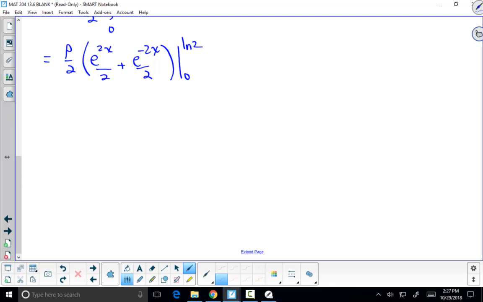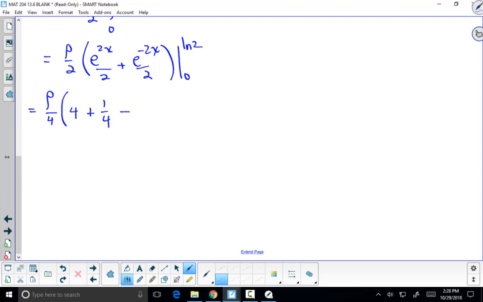Okay, plug in natural log of 2. Let's be careful here. Let's pull out the 2 in the denominator. That'll help reduce error. So the 2's gone in the denominator. So plug in natural log of 2 there. Is that 4? Yes. 4, and then we plug in natural log of 2 there, and we get 1/4